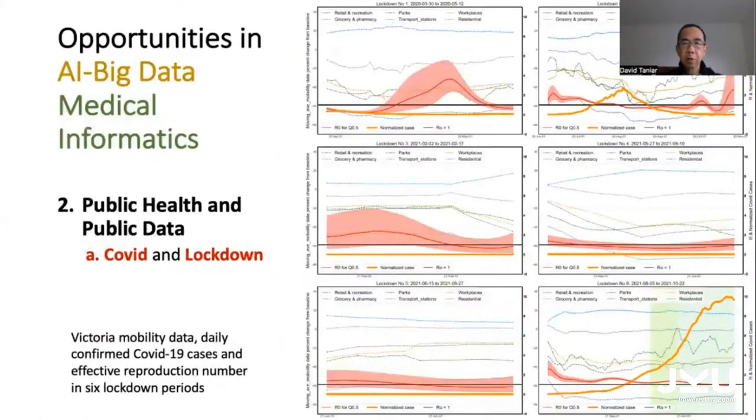So we did the same thing or similar thing, but in Melbourne, Victoria. So in this case, we analyze the public data about infection rate, lockdowns, because we had severe lockdowns last year and 2 years ago. And then we analyze, this is the R value, which is the infection rate, and also various factors, like for example, lockdown effect in the residential, in public transport, and so on, right? So in this case, we use entirely public data from the government website.